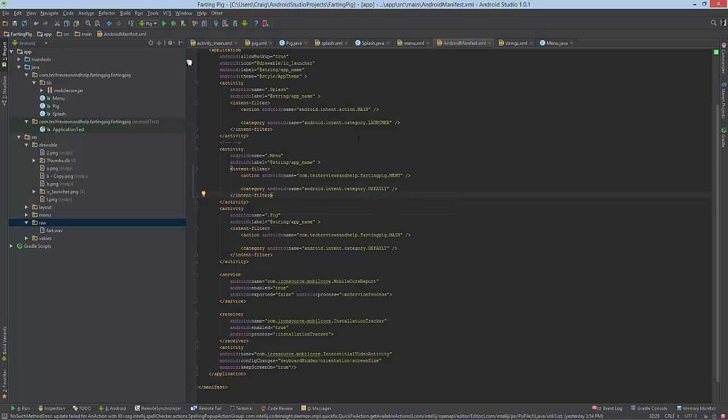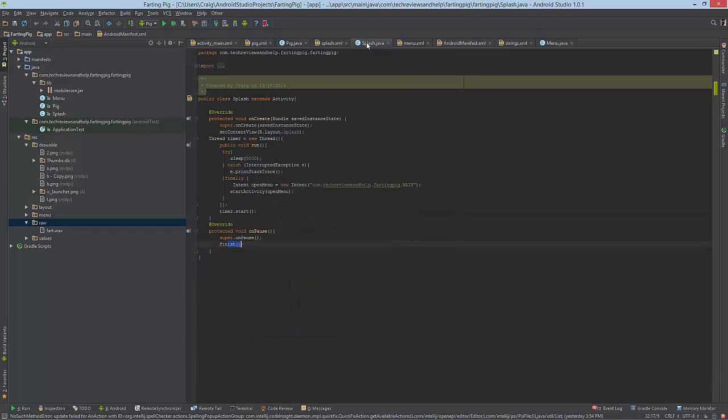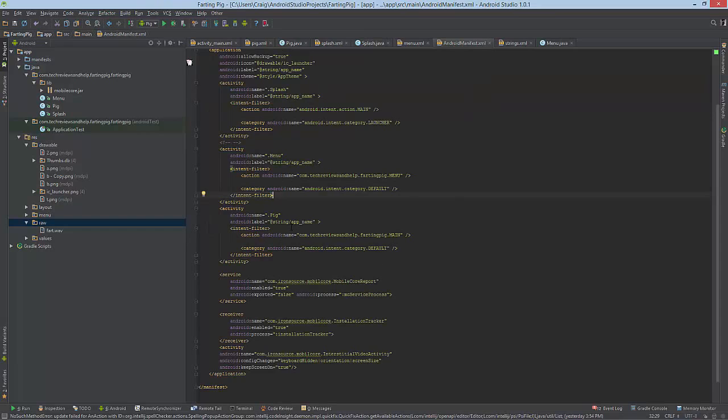Everything else is default. So for example, the intent looks for this in the Android manifest, and that matches up with this action, and that action matches up with this class. So whenever that 5 seconds goes up,